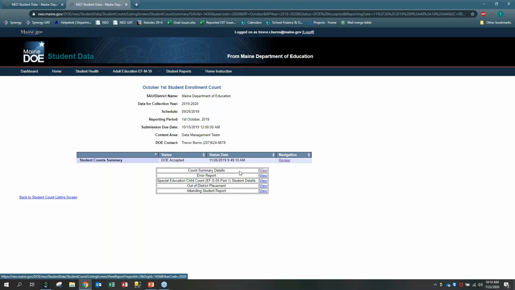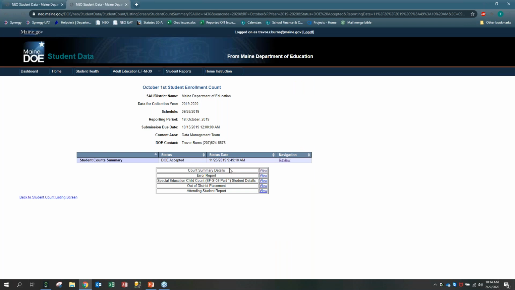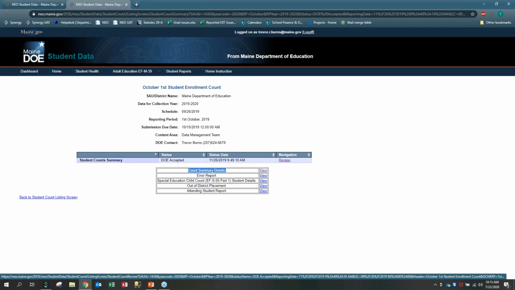Another useful thing is this count summary details. This is a really useful details report when it comes to October 1st reporting. This report is only located within the report. So if you're confused as to which student is receiving a count or not receiving a count, you'll just click the count details, and this will give you a breakdown of all your students as well as which counts they are actually receiving. So once this loads,